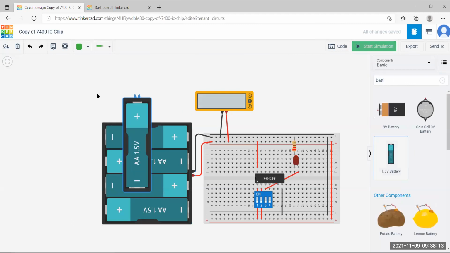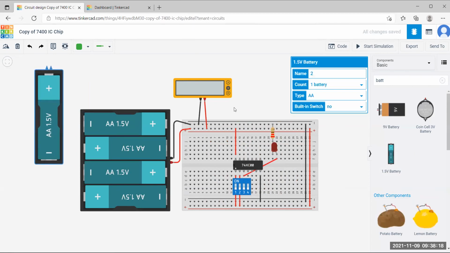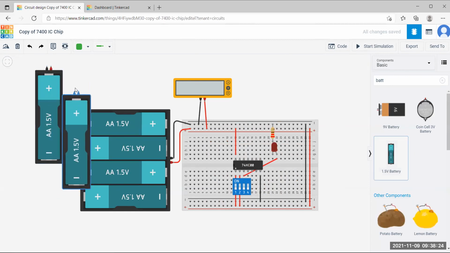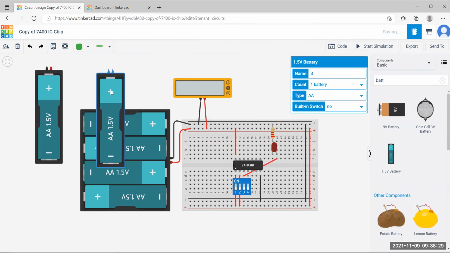This is the 1.5 volt battery. You just have to connect it. Take 4 batteries like this and connect them. That's it.